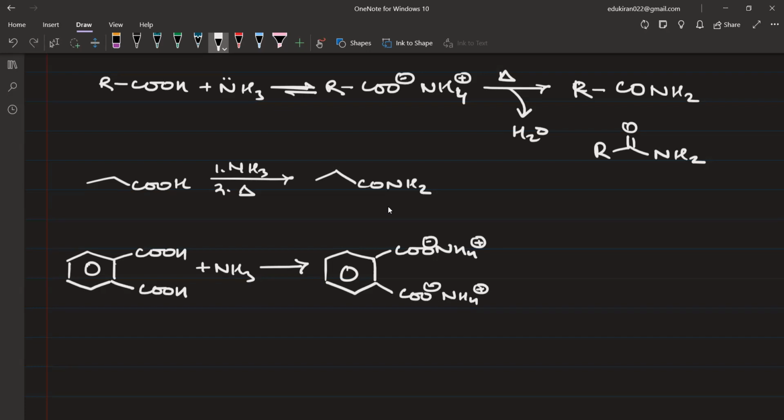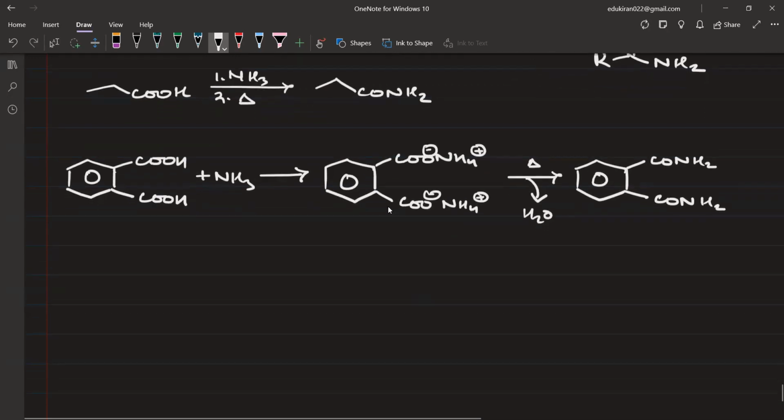After that, when you are going to heat this, दोनों से बाहर निकल जाएगा आपके पास water molecule. So you'll get H2O and this will be converted to CONH2 and this is also having CONH2. Now, after you heat even this one, then from here NH3 will be liberated. So one nitrogen and three hydrogens, two hydrogens from one nitrogen and one hydrogen from the other. So you will liberate NH3 from here,